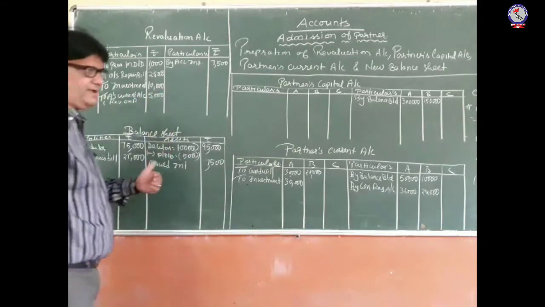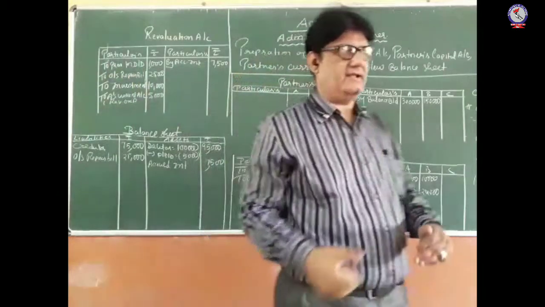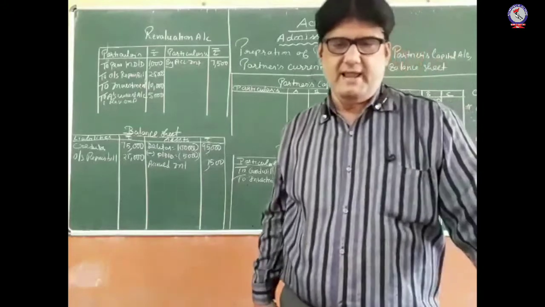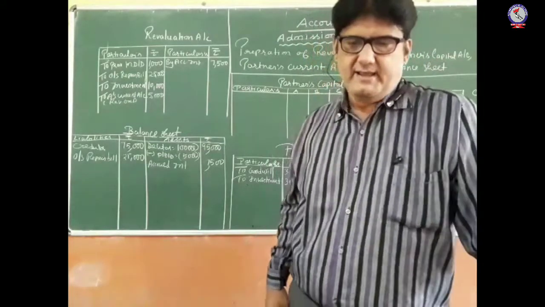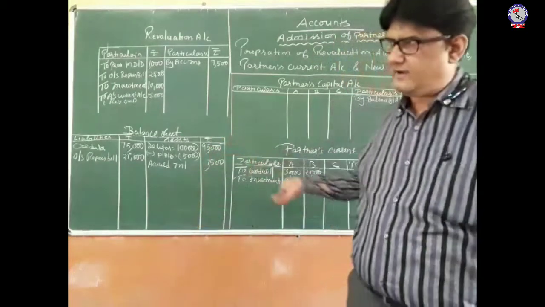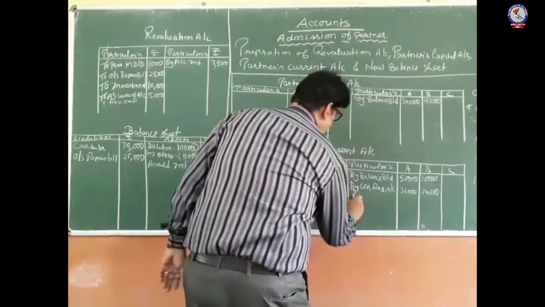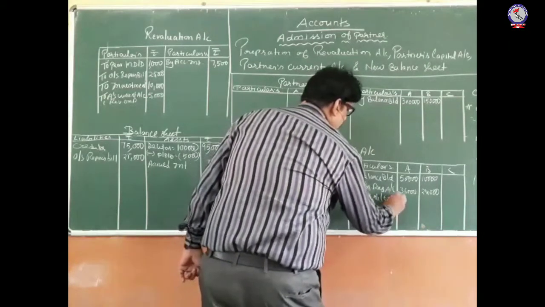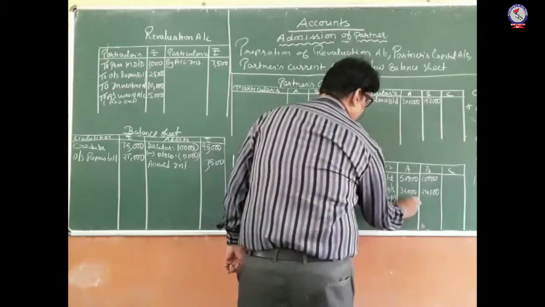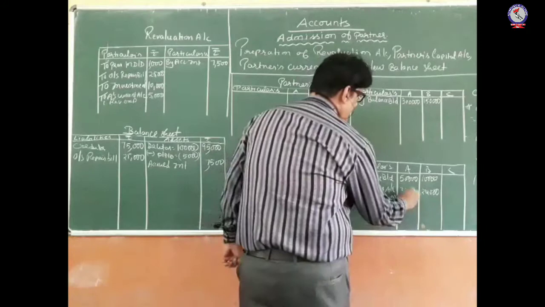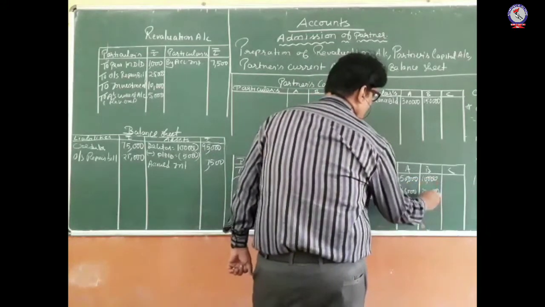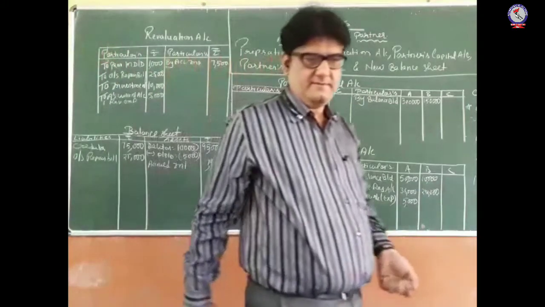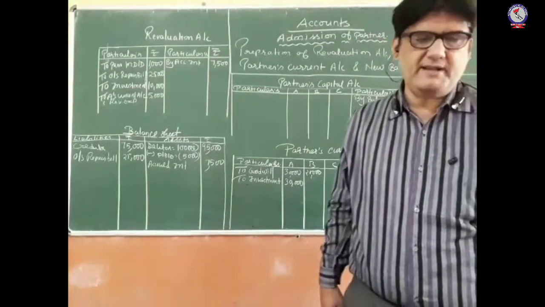ये 5,000 रुपए हम A को देंगे because he has undertaken the job of performing the things that is related with the revaluation of assets and liabilities. इसका सेकंड इफेक्ट कहाँ जाएगा, इसका सेकंड इफेक्ट जाएगा A के करंट अकाउंट में, that is by रिवैल्यूएशन अकाउंट ब्रैकेट एक्सपेंसेस और A के अकाउंट में क्रेडिटेड 5,000 rupees. Okay, so this is how we will be showing the treatment of expenses when we are paying it to any partner.